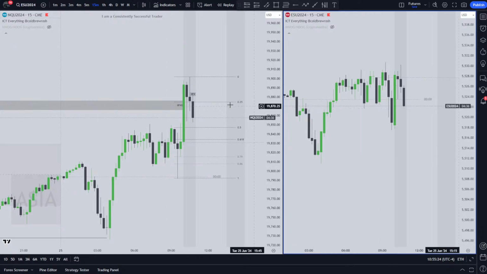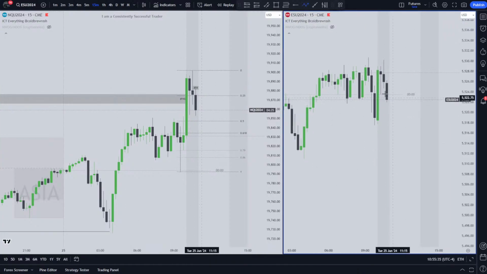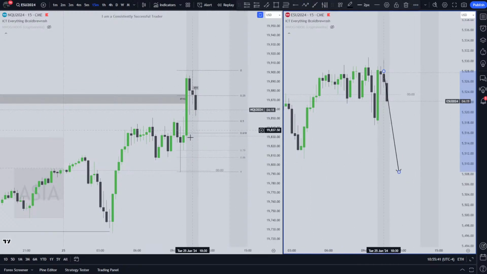Yeah, so I can definitely see it, but for me, it's still a bit early because with the current structure, ES is tanking a little bit. YM is definitely tanking to take out its sell side. And then NQ hasn't yet reached discount.